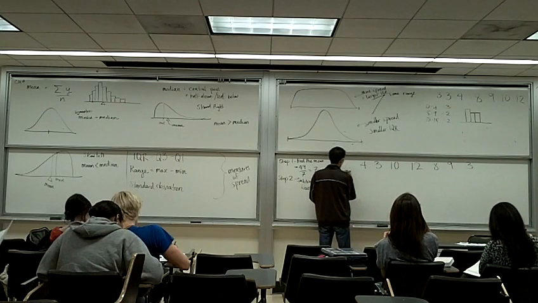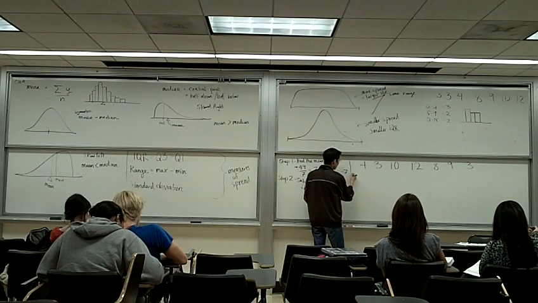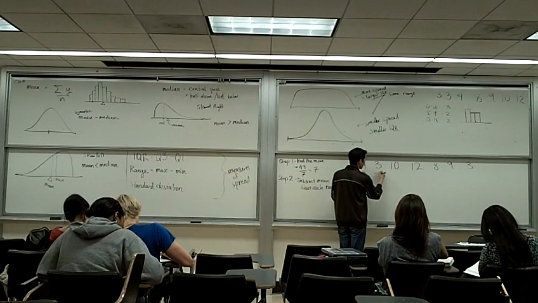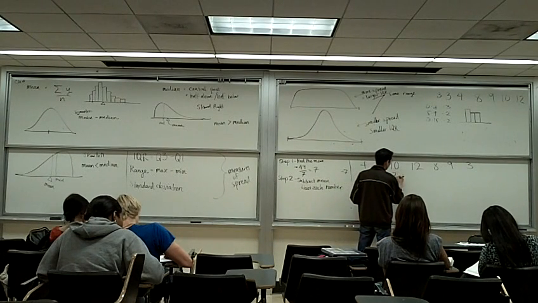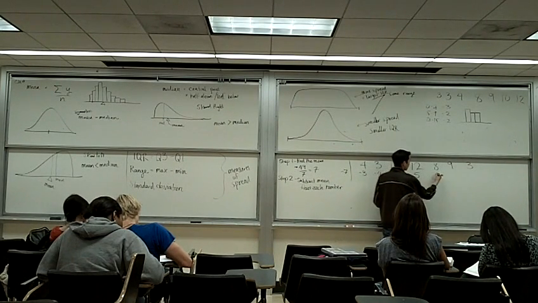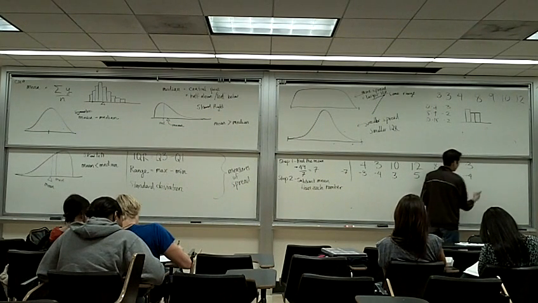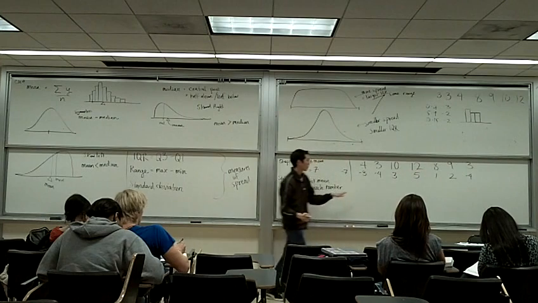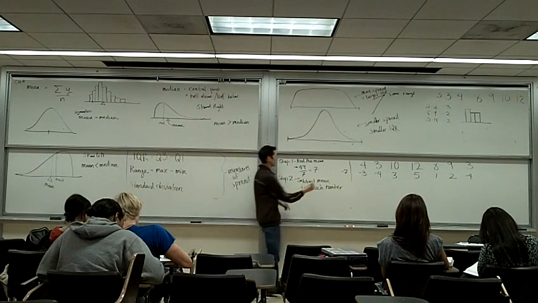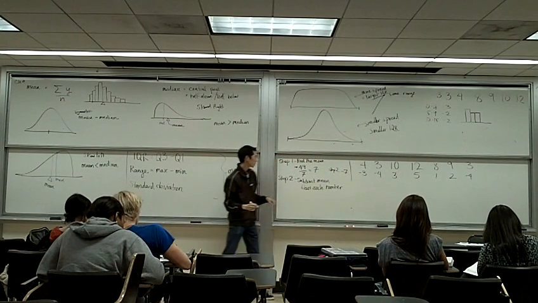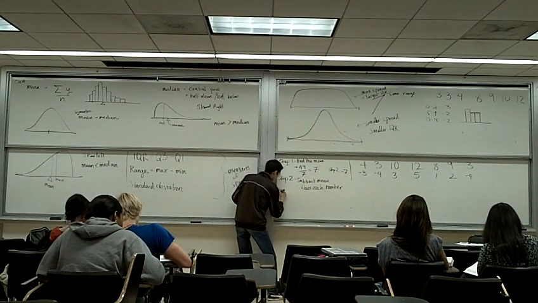Subtracting 7 from each, I get 4 minus 7 is negative 3, 3 minus 7 is negative 4, 10 minus 7 is 3, 12 minus 7 is 5, 8 minus 7 is 1, 9 minus 7 is 2, 3 minus 7 is negative 4. So this is step 2. Let me just write step 2. Step 3